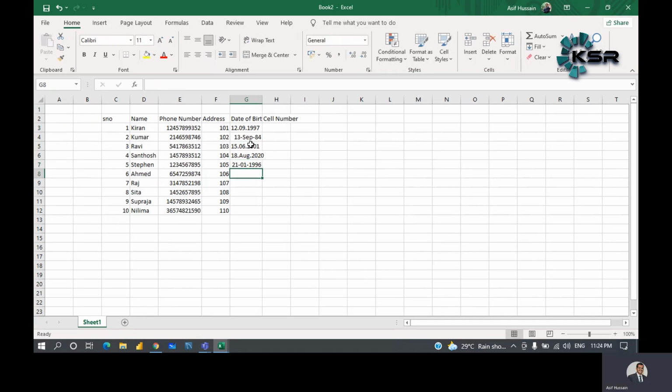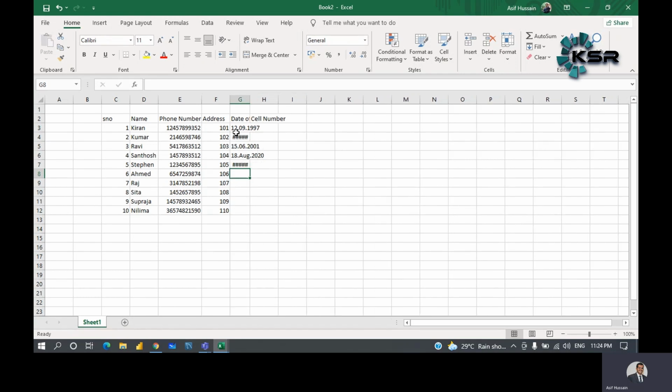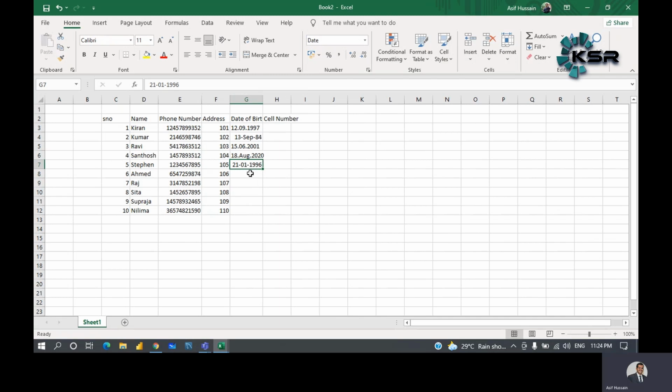When the space is less, you will get the information in hashtag. You will get the information or data in hash when the size is less. For example, if you want it visible, kindly just increase the width of the particular box.